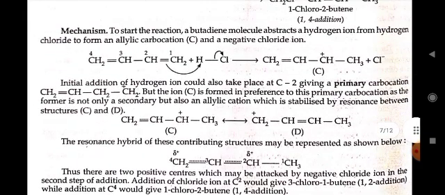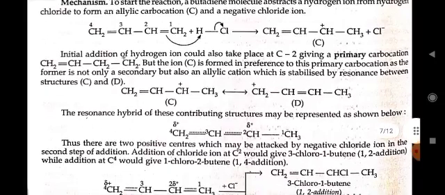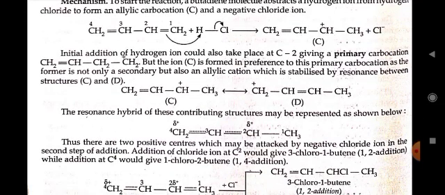Mechanism. To start the reaction, the butadiene molecule abstracts a hydrogen ion from hydrogen chloride to form an allylic carbocation and a negative chloride ion. Initial addition of the hydrogen ion could also take place at carbon 2, giving a primary carbocation, but the ion